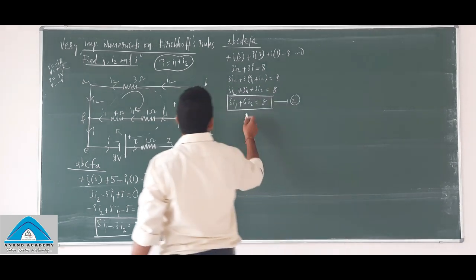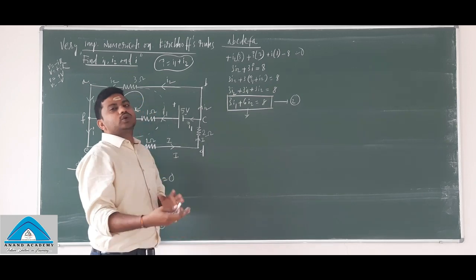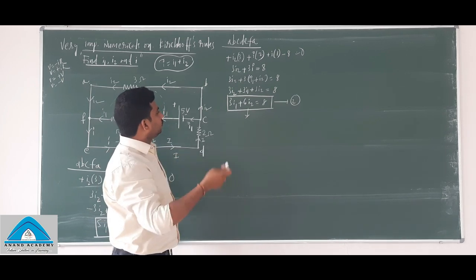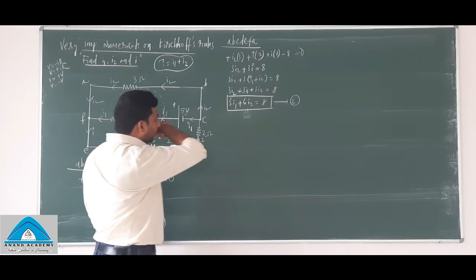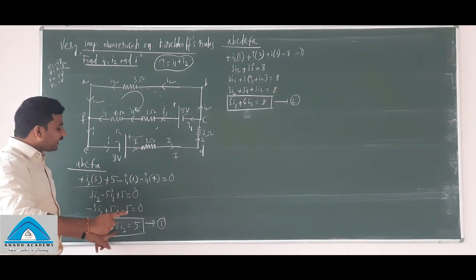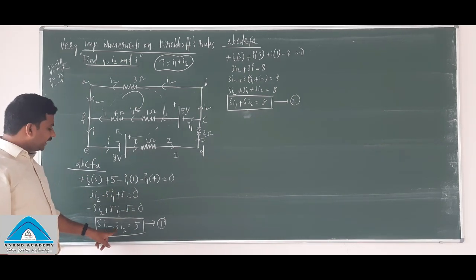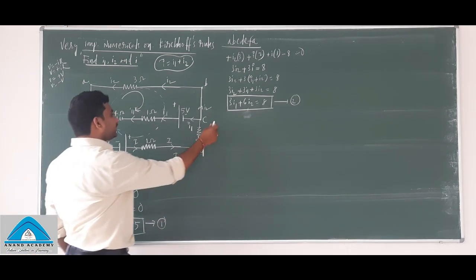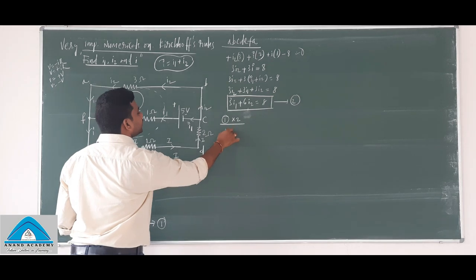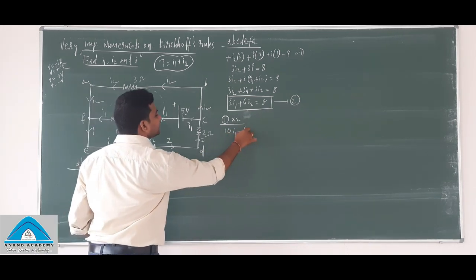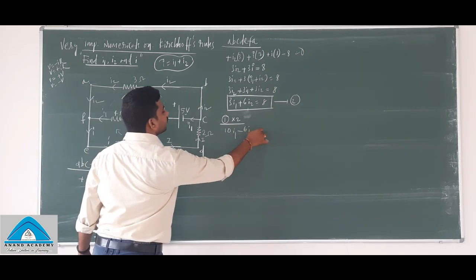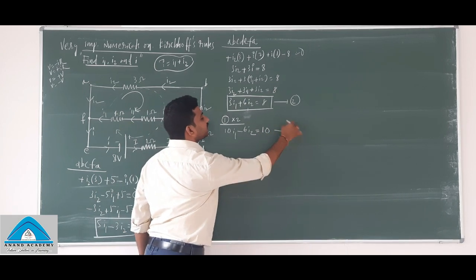And it is so simple here. From this equation, both sides you can take common 2, right? Sorry, no, you cannot take anything common here. So what we do here is, this term we will make 6i2 by multiplying both sides with 2. So I am writing, equation 1 is multiplied with 2. Then you get 10i1 minus 6i2 is equal to 10. Done. So this is equation number 3, right?